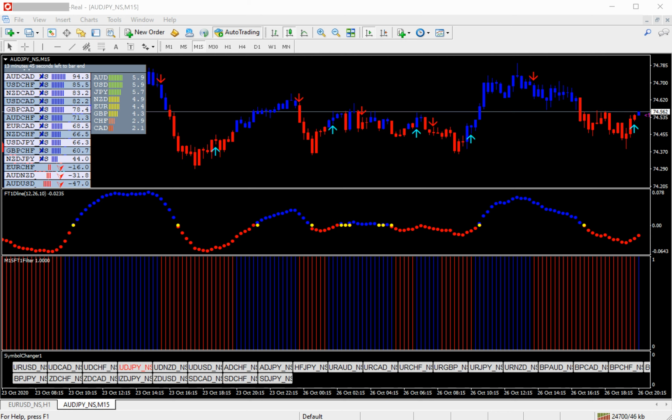Here is the tool which indicates the strength of the currency, and by using that tool you can select which currency is very strong to trade. For that you just have to select the currency pair according to this tool, which will indicate which currency is the strongest and which currency is the weakest. According to that you have to select the currency pair. So according to that I just selected